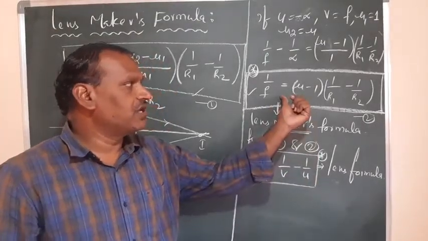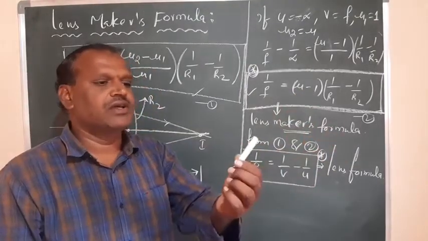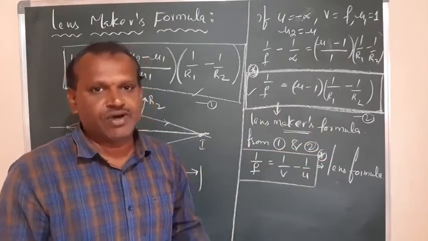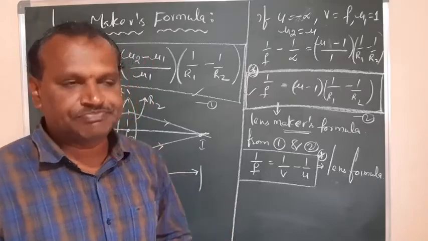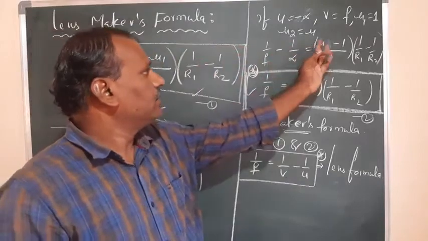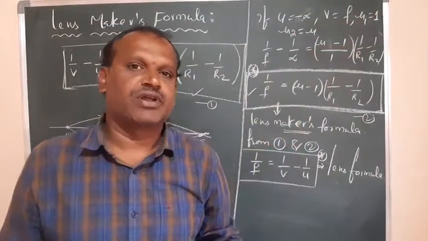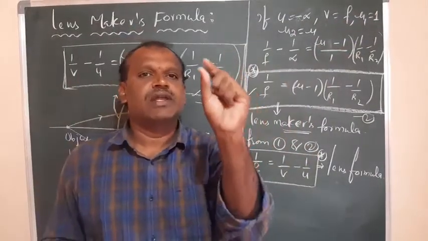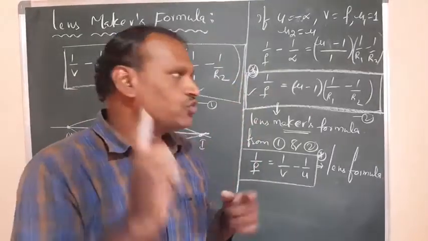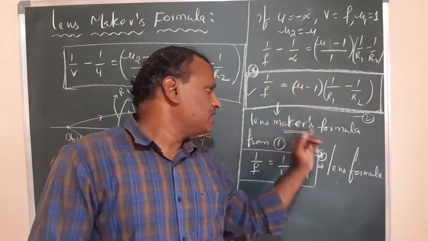And this equation is called the Lensmaker's formula, as we are taking the outside of the lens. This is a lens. The outside of the lens, what do you have? Air. For air or free space, what is the refractive index? It is 1. So in place of mu1, I can write 1. So this equation can be modified into this one by taking this consideration, because we are considering only the air medium where you are keeping that lens. The lens has refractive index mu. Outside the lens we have the air medium, whose refractive index is 1. So this equation is converted into this form. This equation is what is called the Lensmaker's formula.